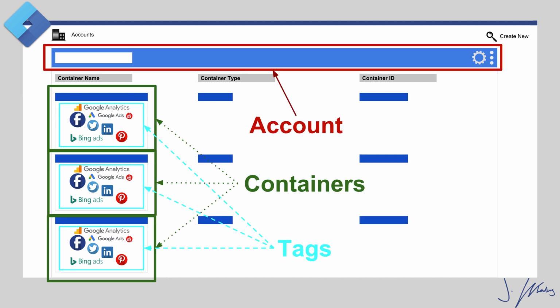So here's just kind of an overview of everything we've just gone through. We have your account, which is your company. We're going to have your containers, and your containers represent your domains. And inside of those containers, we have all of our tags and triggers and all the fun stuff that we're going to be getting into as we go through this course. So now that we're prepared to clean house, we understand the organization.